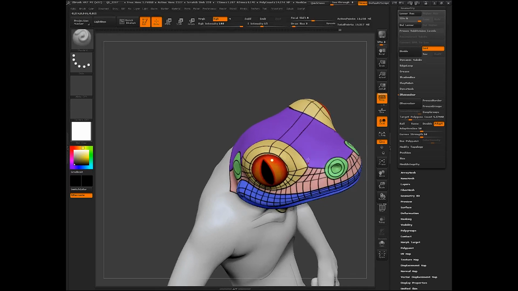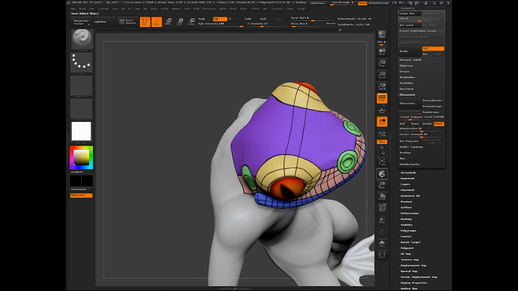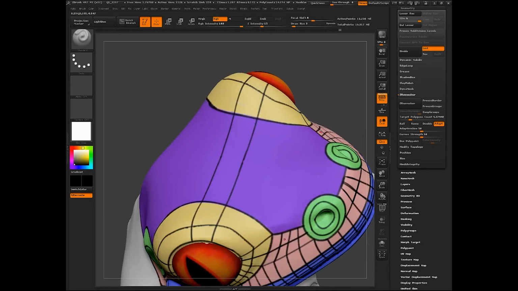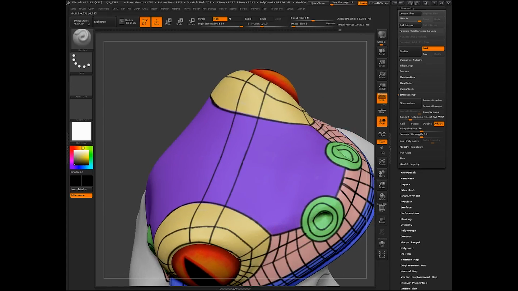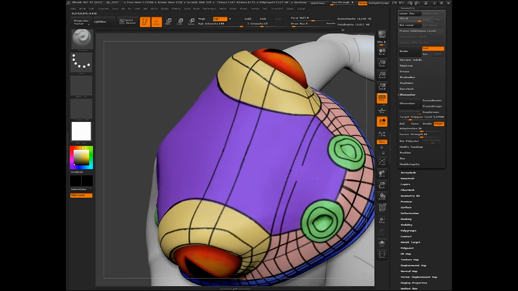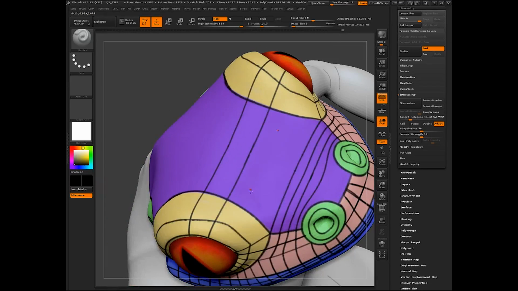So one thing you want to be careful of is you don't want to have large changes in scale between adjacent quads. So you want to be gradual in the way you change the size and scale of those quads. So like I wouldn't want to put a large quad next to the pink quads. And right now I'm just using the geometry in the pink group to kind of tie off all of the purple.